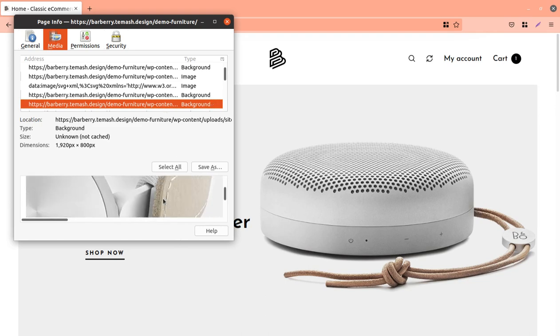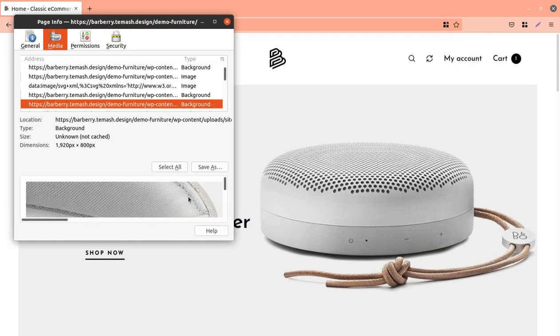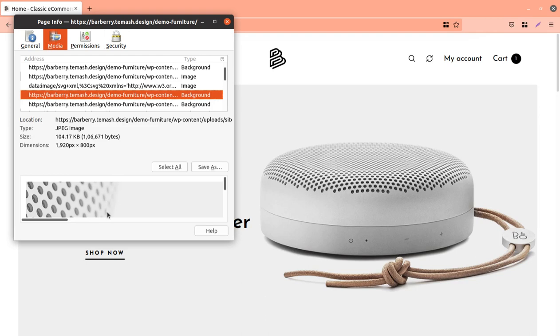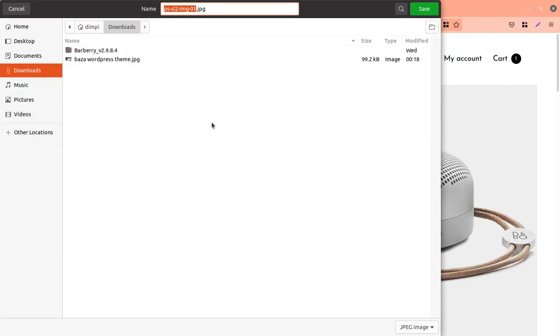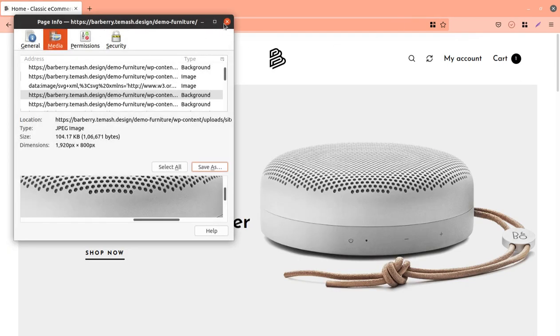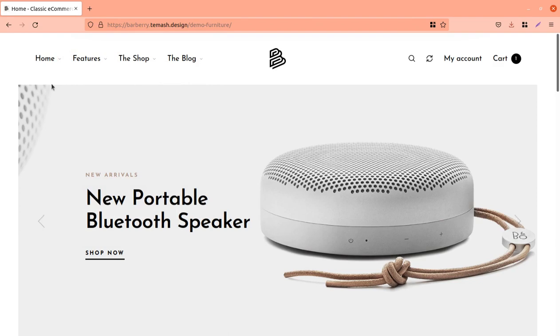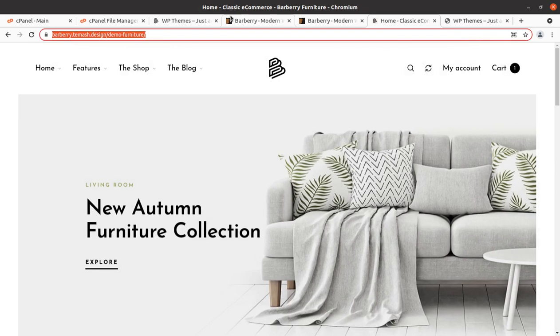So this is one of the main images, and we can select this image. Okay, so this is the main image and I am saving this image. And similarly you can download all the images, and there are tools to download all images in one go as well. But it is not recommended to use the demo images. It may be a copyright issue. I am just showing how it can be done in fact.